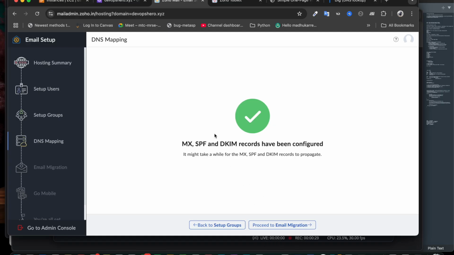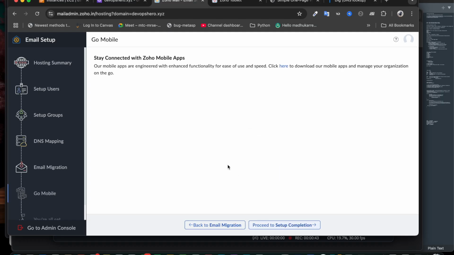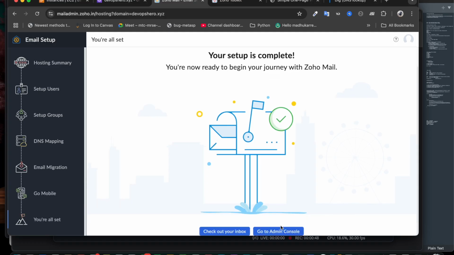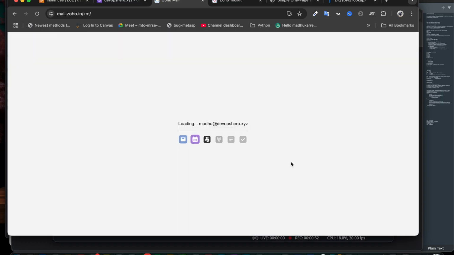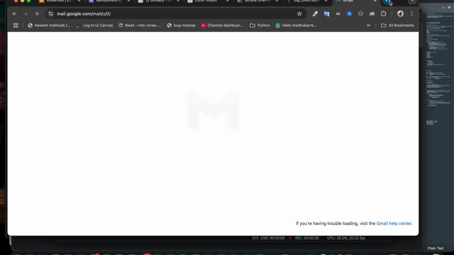I'm back here after a while. So my DNS records have been updated, and then click on proceed email migration. If you have any emails earlier, you can migrate, but I don't have any emails earlier, so click on proceed to go mobile, and then proceed. Setup completed. Go to admin console or check out your inbox. So I don't have any emails yet, so I'm gonna go to Gmail,